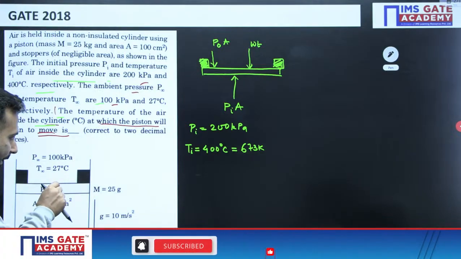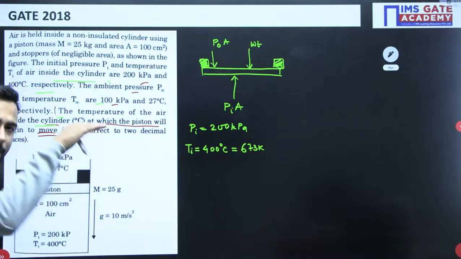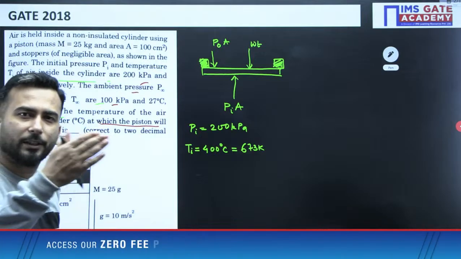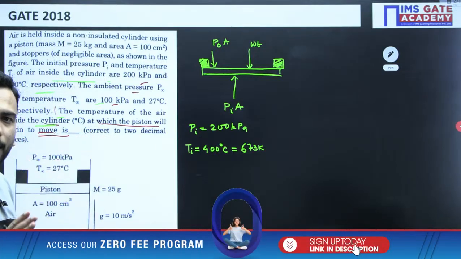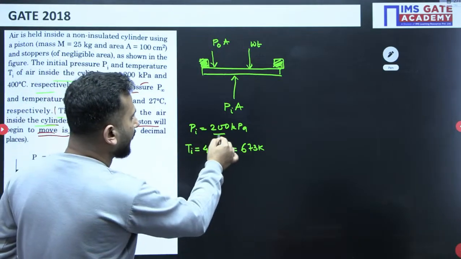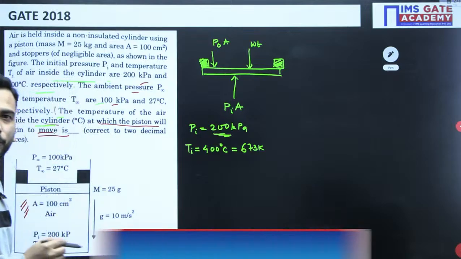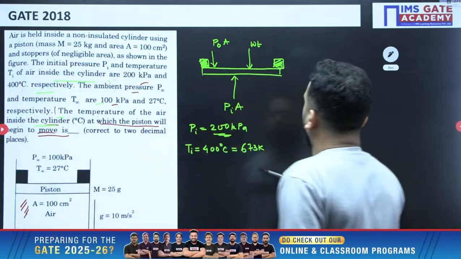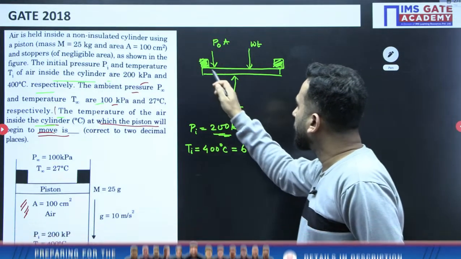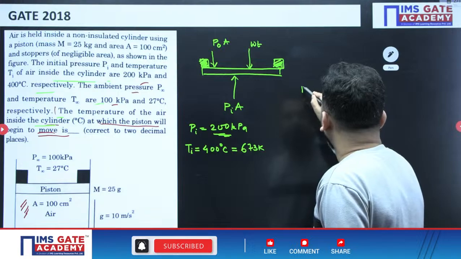So now my dear friends, at this state if you start cooling, the piston will not come down instantaneously. You have to determine what is the pressure at which the piston will start coming down. Are you getting this point? Right now the pressure of the gas at this end is 200 kPa. Now when the piston will just start to move, it will leave the stopper, yes or no? And when it will leave the stopper,